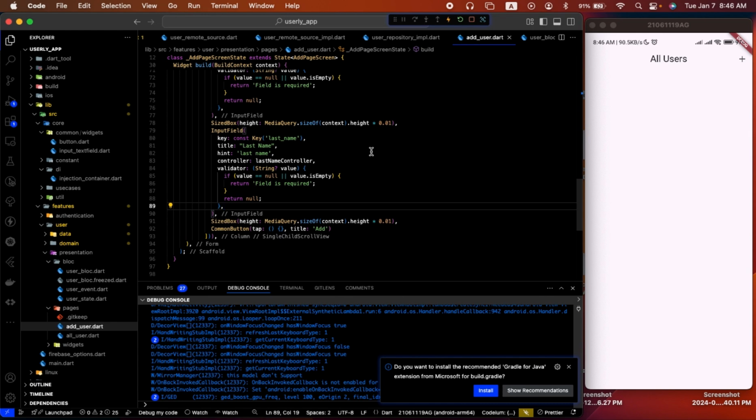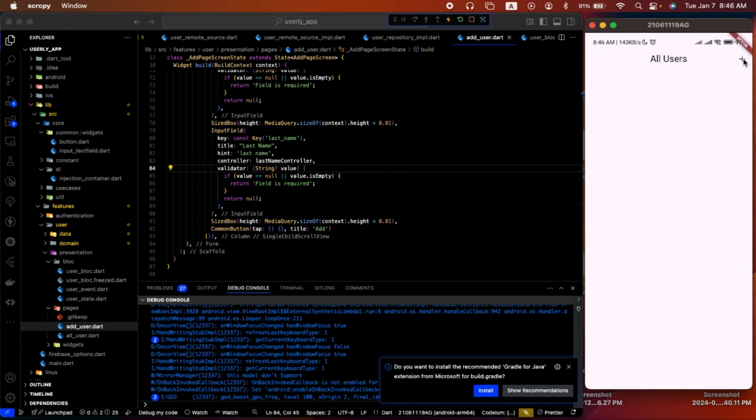You can see this will be the initial screen. This is where we're going to see how to list all the users that are available on our Firebase. But what we need to work on is when you click this plus, it will go to the page of